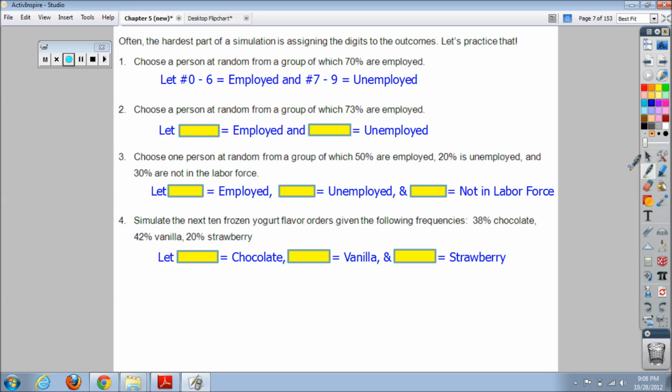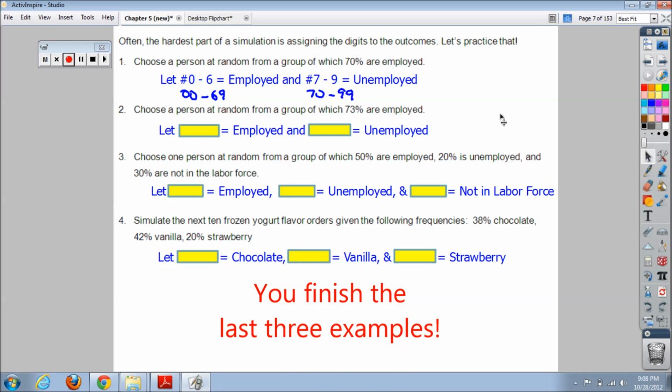Now you could have done 00 to 69 and 70 to 99. You absolutely could have done that. But if you can read single-digit numbers over double-digit numbers, you're going to be reading fewer numbers over time. So either one would technically be correct, but this would be the much shorter way, using the single digits. Now what if we looked at the same